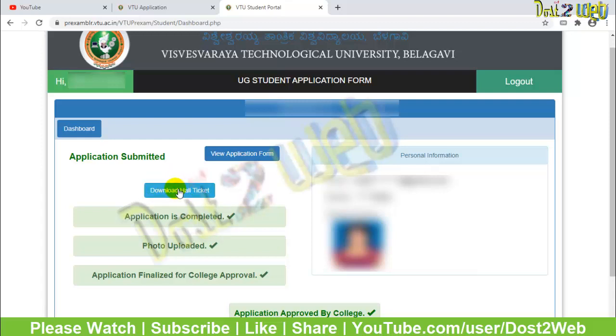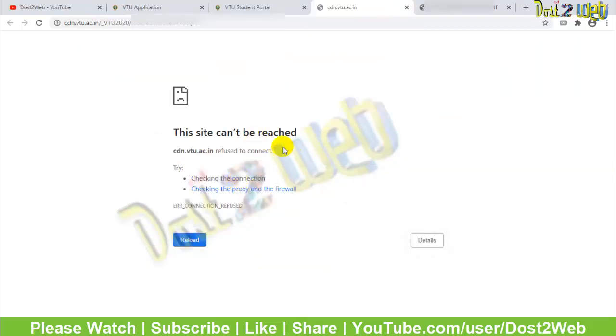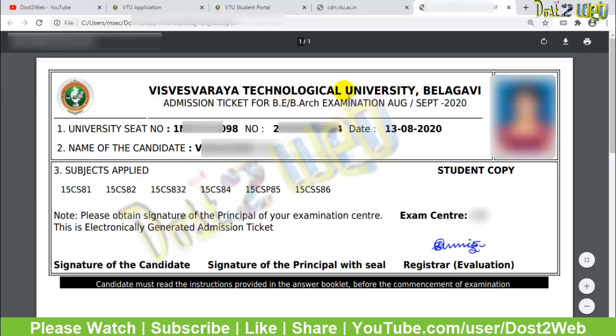So as you click on it, you will be able to download. Once you download, this URL will be opening, and you will get the option to save your PDF format. As of now the URL is not opening. I think it might be because I have already downloaded it, that's why I'm not sure they will allow the second time to download or not. But I already have the downloaded copy. I'll show you. You can see here guys, this hall ticket I have downloaded is the same as what we usually get in the college when we apply for the examination.